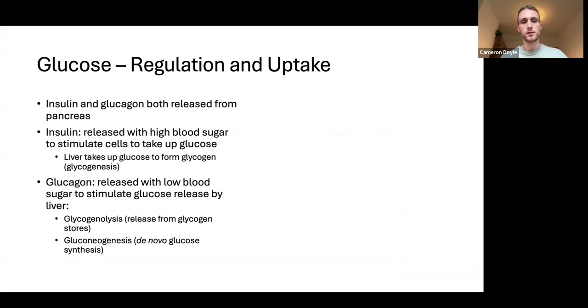So glucose is the predominant metabolic substrate for most tissues in the body. I'm sure you may already be aware of the process of glucose metabolism, but we're going to go through it systematically in the next few slides. So the first thing, starting from quite a macro point of view, is what's regulating the uptake of glucose. After you eat a meal, for example, a carbohydrate-rich meal, you swallow those carbohydrates,